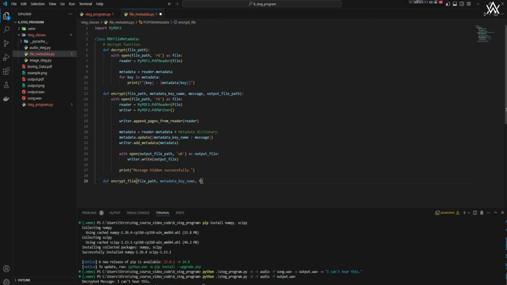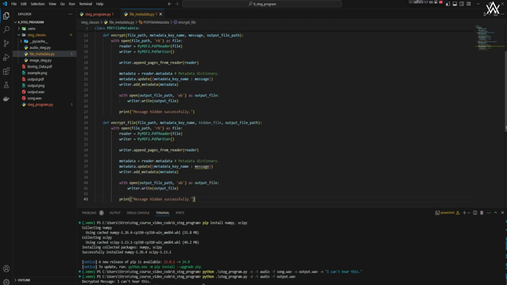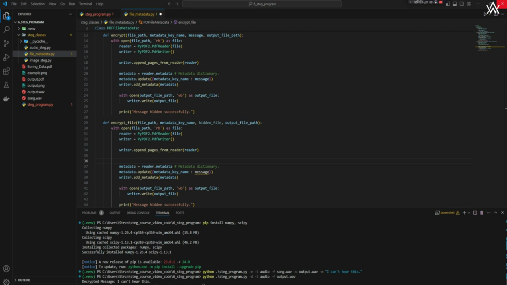And instead of message, it's going to be hidden file, and also the output file path. So almost the exact same that we have above, and we're actually just going to copy this bit, paste it here. And instead of message, right, we are going to say,